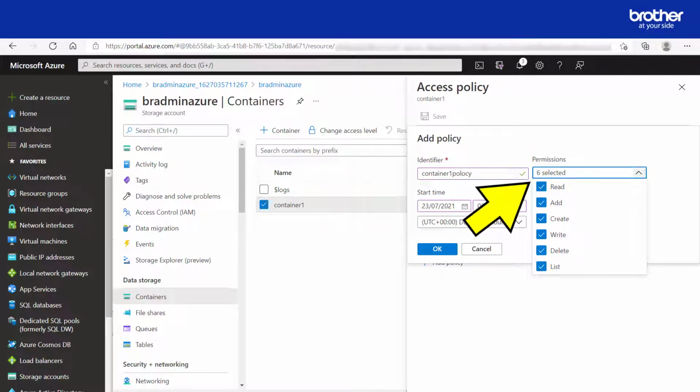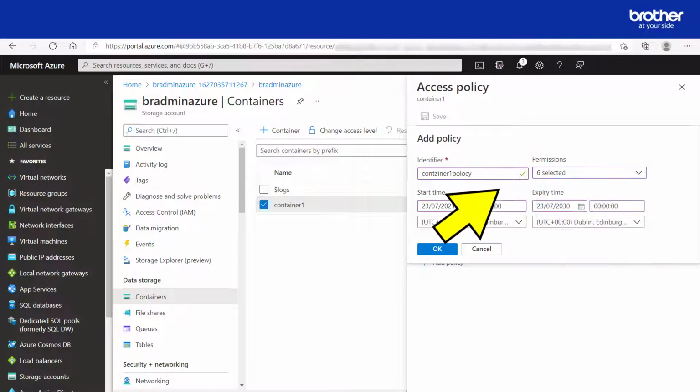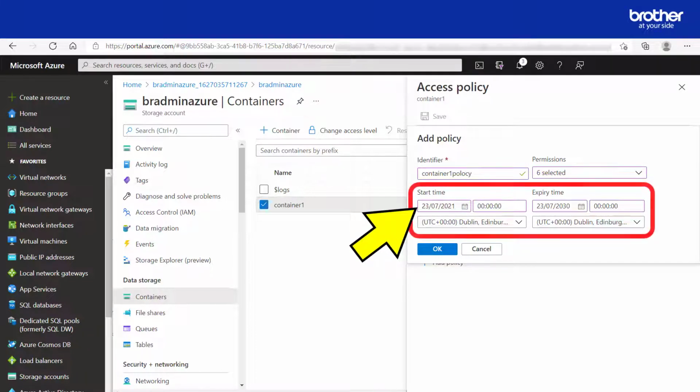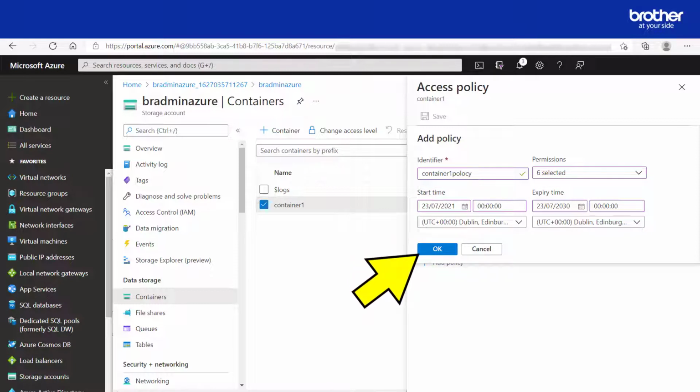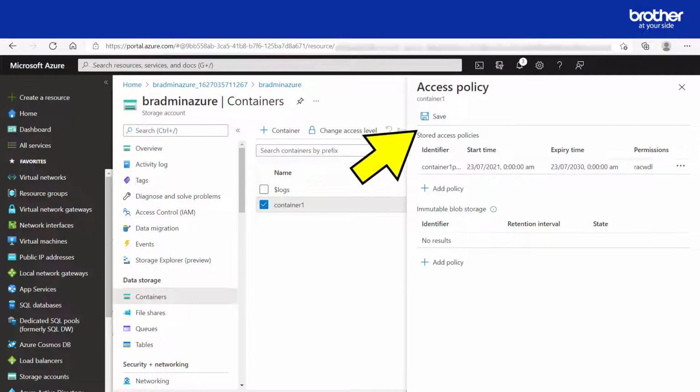Then from the Permissions drop-down menu, ensure that all of them are selected. Decide how long you want the policy to be active for by selecting its start and expiry dates. Then click the OK button. After this, click the Save button.